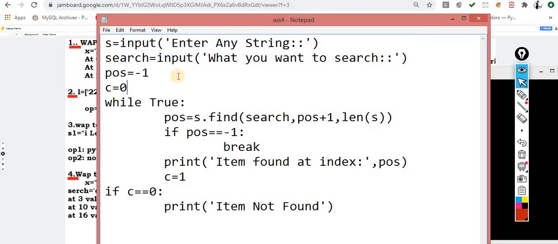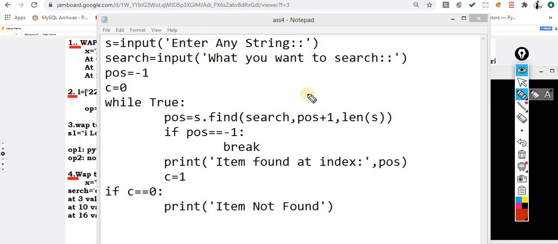So how exactly is this code working? Listen carefully because this one is a little tricky code. So I took the help of find. Okay, first let me explain in layman's terms what exactly we did. First I take the help of this find method, and this find method will return me -1. When will it return me -1? When the string is not available. When the string is not available, at that time it will return you -1.